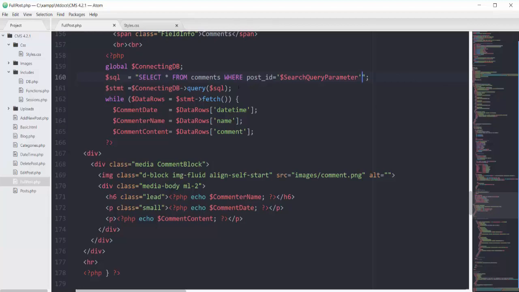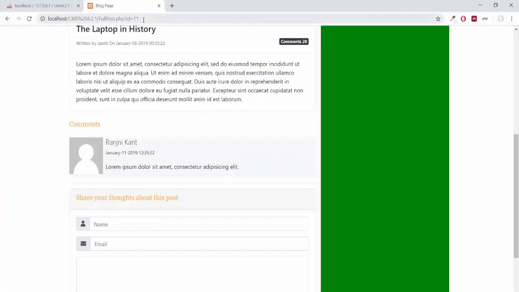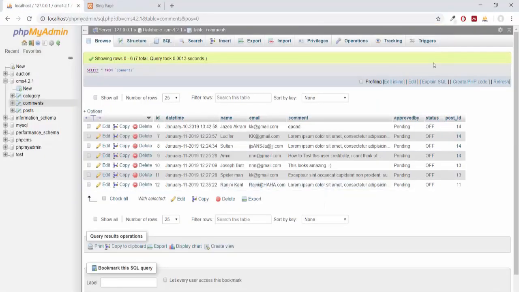So this will be our condition where the search query parameter is equal to our post ID, and the status column is equal to on. If I save this one and just refresh this page with ID 11, you will not see any comment because every single comment has the status of off.